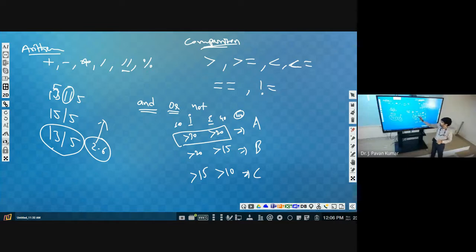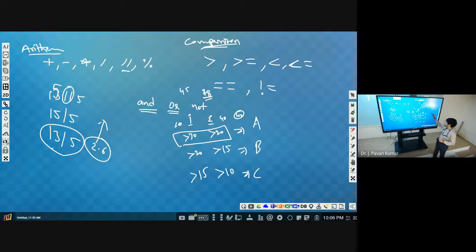Suppose internal marks are 45 and here we have 20. What grade will we get? B. Why? Because the greater than 20 condition is not satisfied. Suppose 18 is there, then also B. Why? Because the second condition is not satisfied.